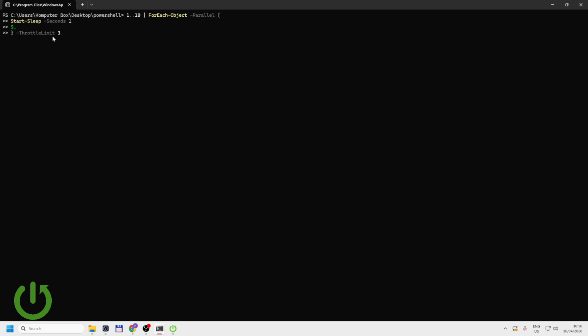So what will happen? I will press enter. We have the first 3 values, another 3 values, another 3 values, and the last one. So this is how it works. Every second we are processing 3 values. So 1, 3, 2, 4, 6, 5, 6, 7, 8, 9, and again, because of this parallel processing, we don't